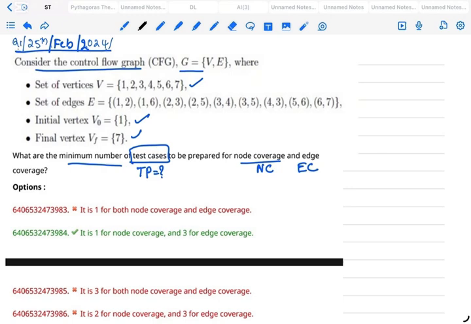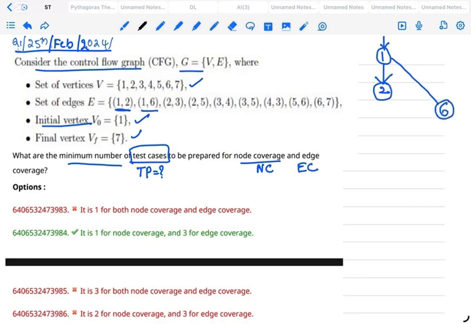So there are 4 options. Which option is correct for this control flow graph to cover the node coverage and the edge coverage? For this, first we draw the control flow graph. He mentioned the initial vertex is V0, right? So this is the initial vertex V0, which is 1, and there is an edge 1 to 2, an arrow direction is there, and 1 to 6,